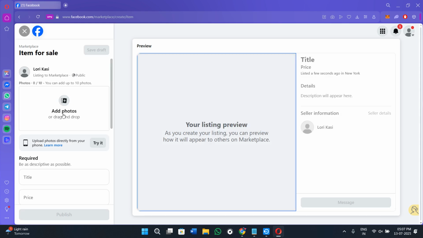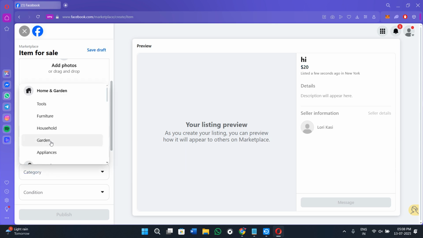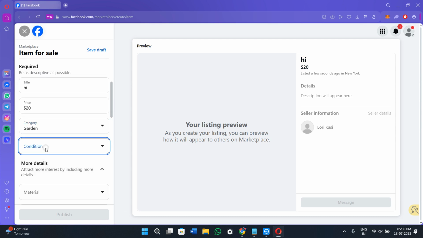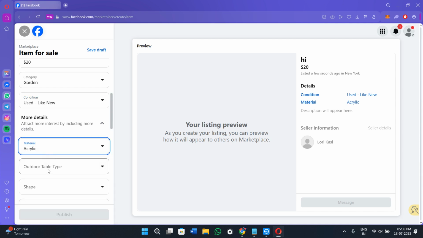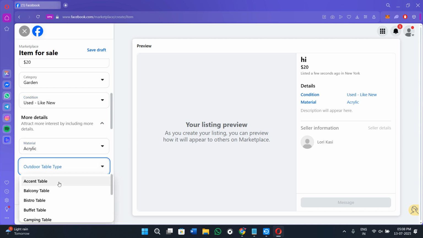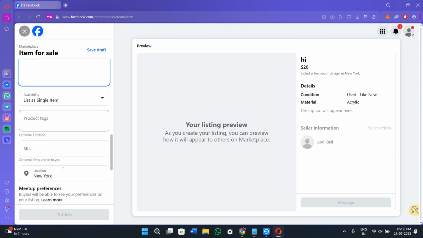Over here, first of all, you need to add the photograph of your listings. Then you need to provide the title here, enter the pricing, select the category of the product, select the condition of the product. Then you need to select the material of the product, whether it is an outdoor table type. So you need to select that, and then you need to provide the description about your product, select any product